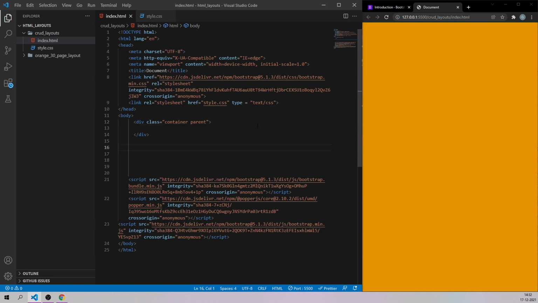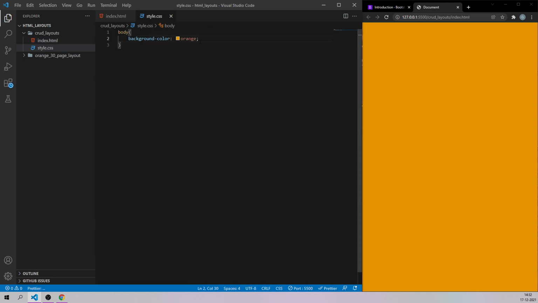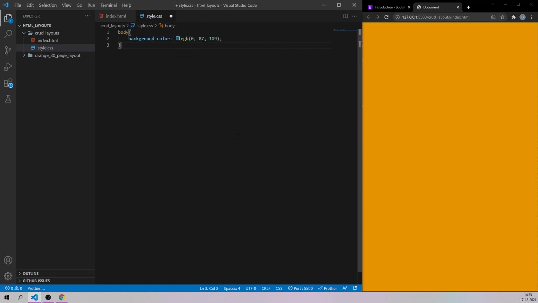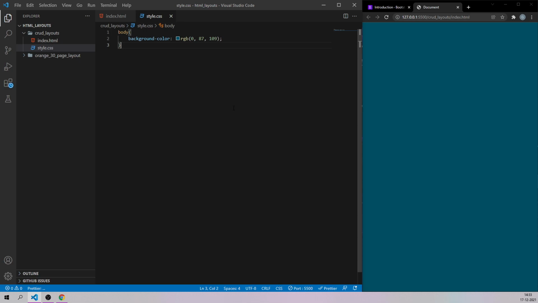Now let's come back to the CSS file, and I don't require this orange anymore. Okay, I'm going to choose one separate bluish type of color for the entire background, which looks something like this. Okay, so this should do it, I guess. Yes.